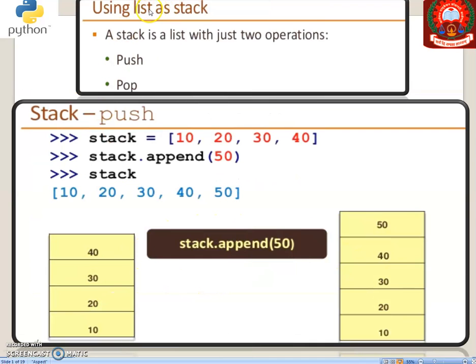Next thing will be using a list as a stack. Stack, you all are familiar with a stack. A stack is a list with just two operations. As far as stacks are concerned, you are familiar with the data structure, and in data structures one concept will be there. Stack means what? The concept of LIFO, that is last in, first out. Are you getting it? Last in, first out means it is just like what you can say